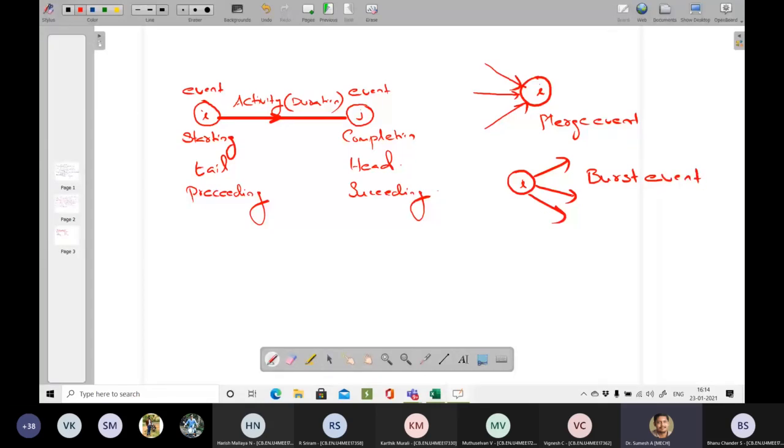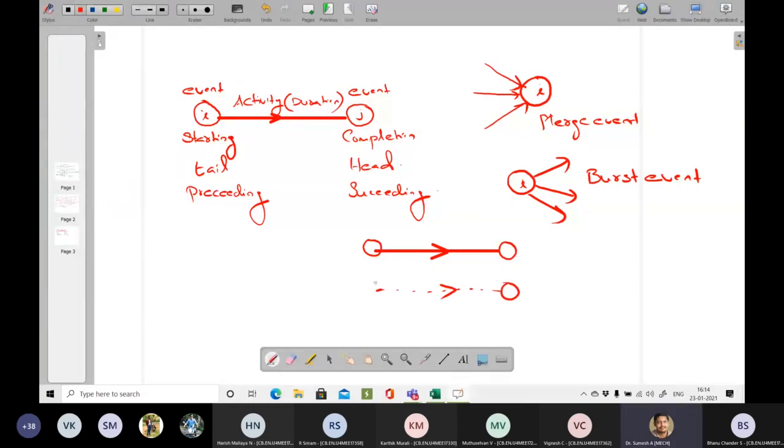An activity itself you will represent either as a straight line like this, having an arrow like this, with circles at the ends. Another way you will also represent it is with the help of dotted lines. If it is marked with a dotted line, that is called a dummy activity.